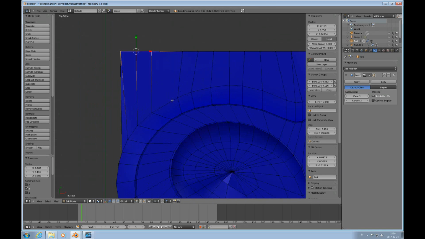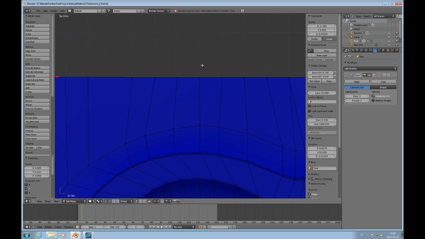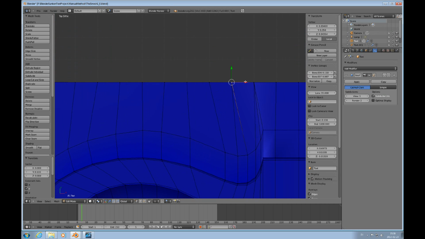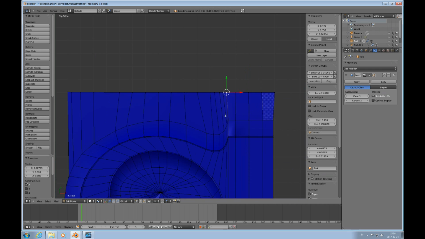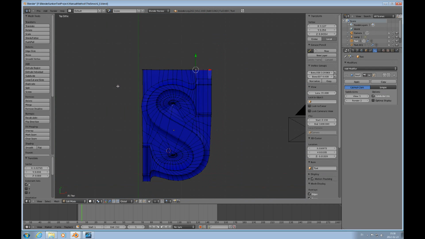And of course then you get these, so you kind of have to adjust that afterwards. Also these, they just kind of pull together because they're so close anyway. There you go. So that's the general method of this. So it's the same thing on the other side,